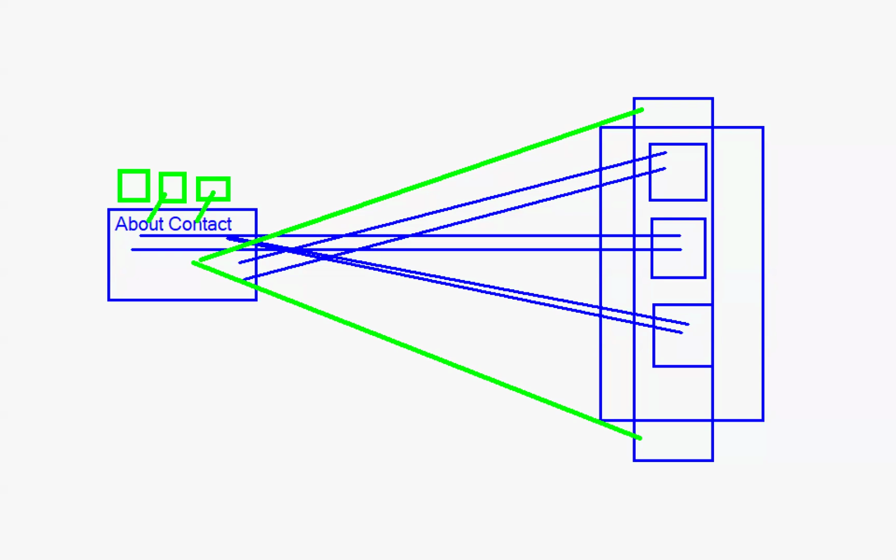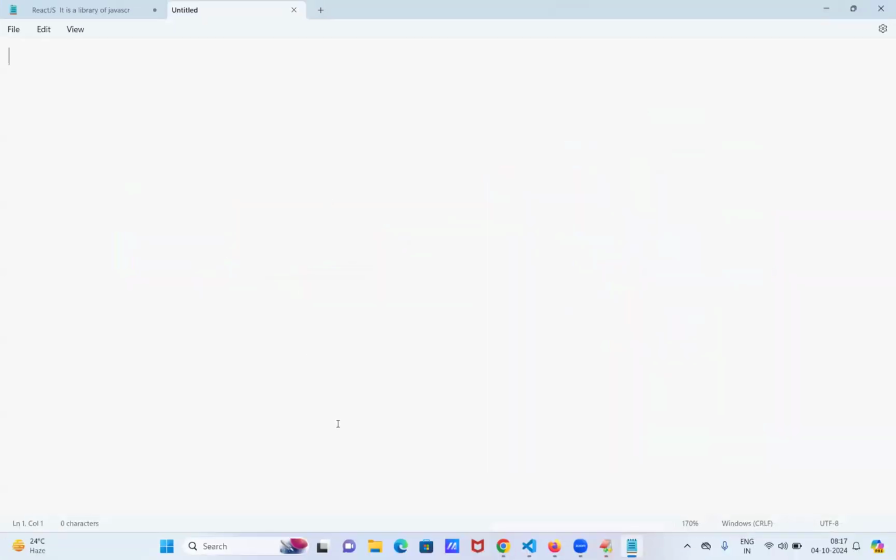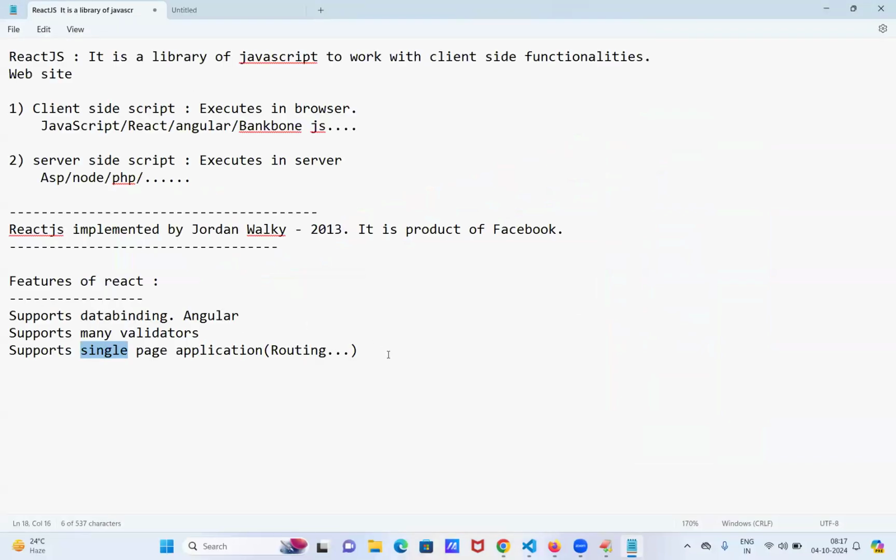So this is a very big concept. I already told you, we are spending around one week for this concept. There only we will discuss how to authenticate and authorize. All these things we are discussing there. So that is about the single page application concept. Yes, it is also supported. Next one,